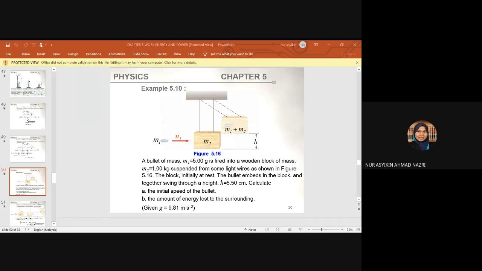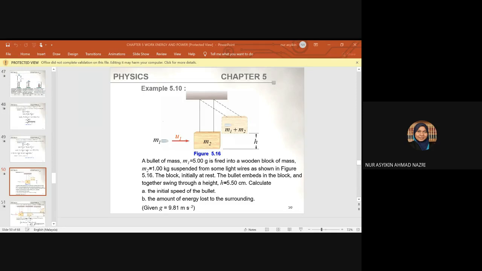H with a value of H, which is given as 5.5 centimeter. Okay, so we have that, which is your potential energy. So we consider the maximum. It goes up to the maximum level like that. So we can equate these two energies. Alright, so from here we can get the value for the